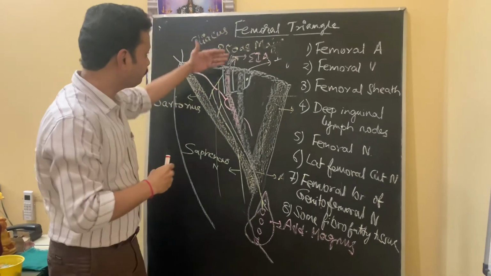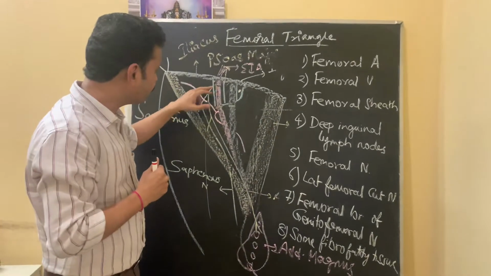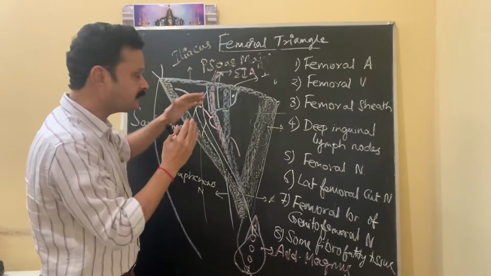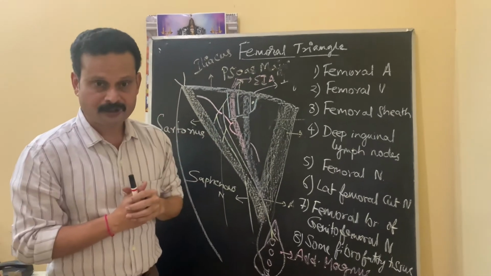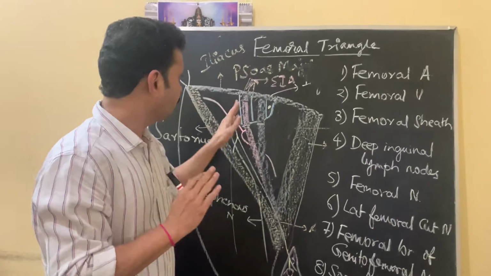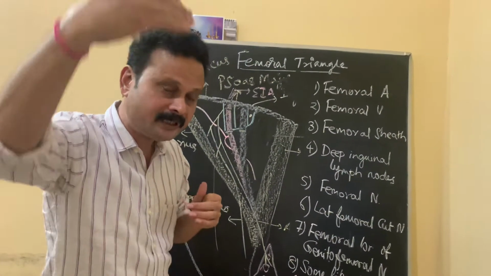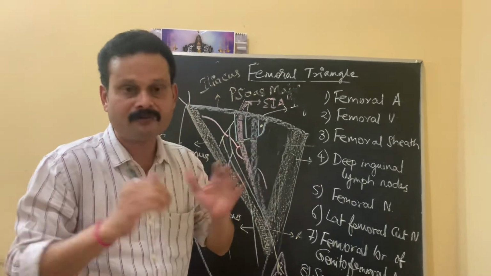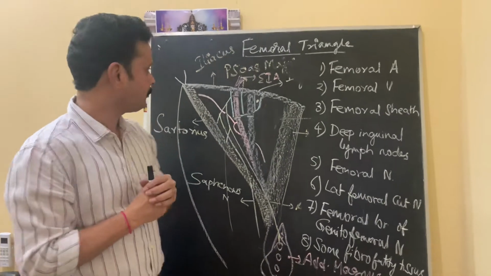It passes behind the femoral artery at first, then it turns lateral to the femoral artery. The femoral nerve passes behind the femoral sheath, not a content of the femoral sheath, and descends downwards